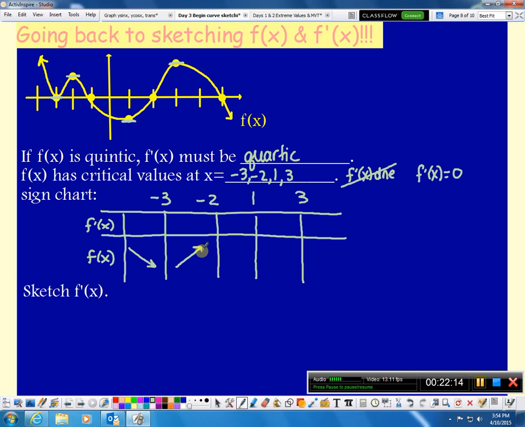And from 3 onward, the graph is decreasing. Now, infer backward, that means the derivative is negative, positive, negative, positive, negative. Meaning below the x-axis, above the x-axis, below, above, below. Whoa, how are you supposed to graph something from there? Well,